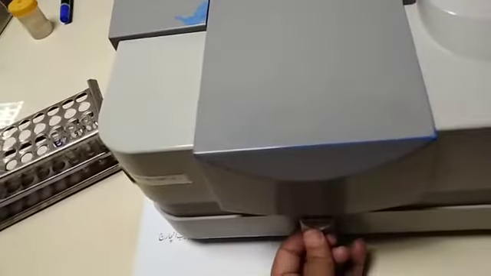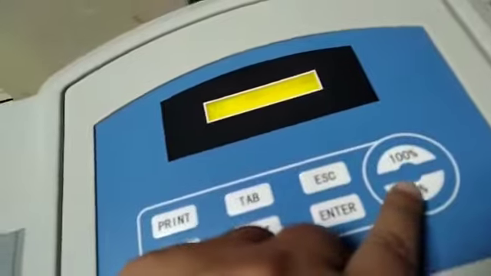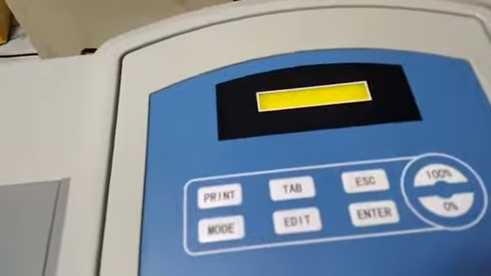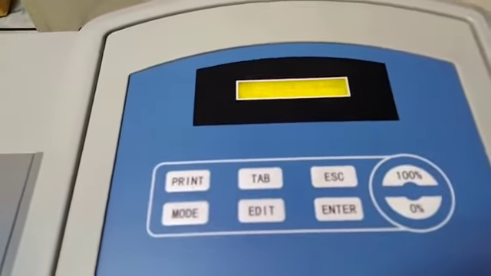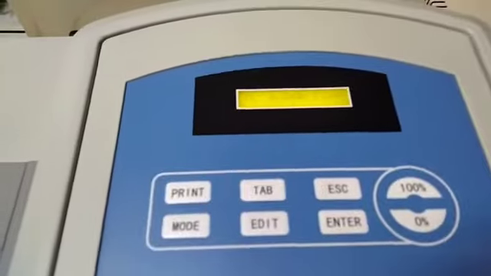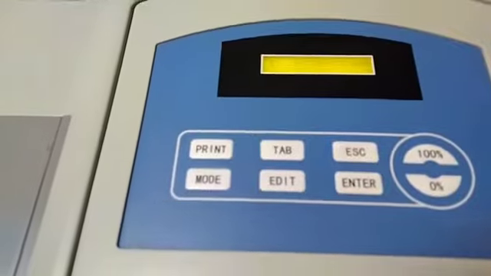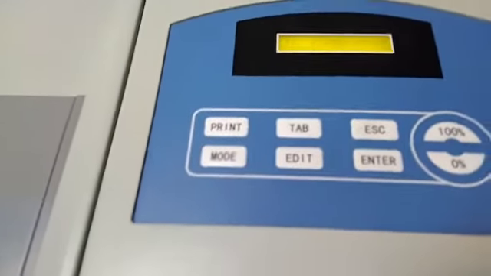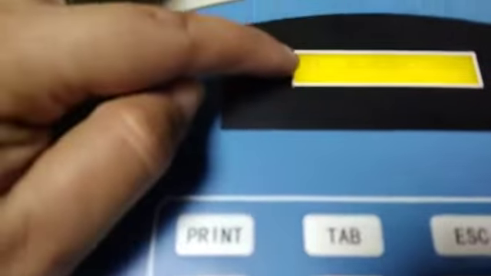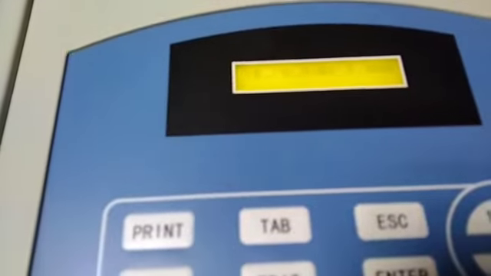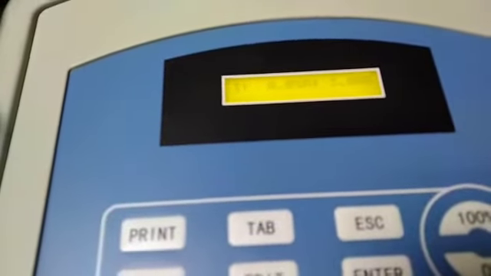Once your pull handle is on the light blocker, that means in front of the light source there is a light blocker, you will press 0. What does that mean? That light blocker is not going to transmit any amount of light. The 0 represents the null amount of light. So on the light blocker, you will press the 0. Now you can see the light blocker transmittance is 0.0% and absorbance is maximum, that is 3.000.